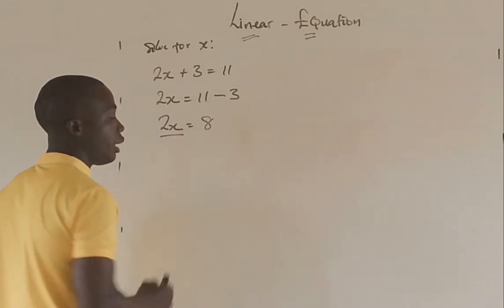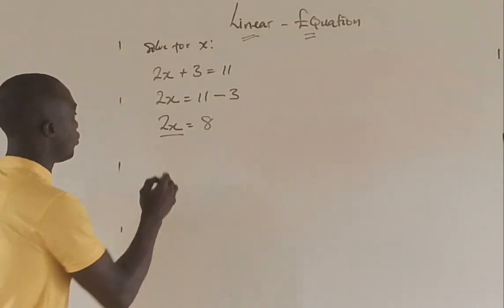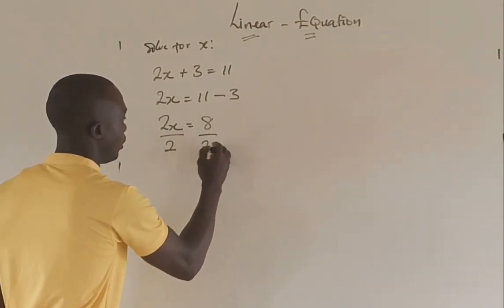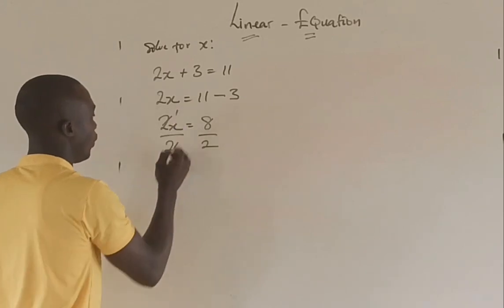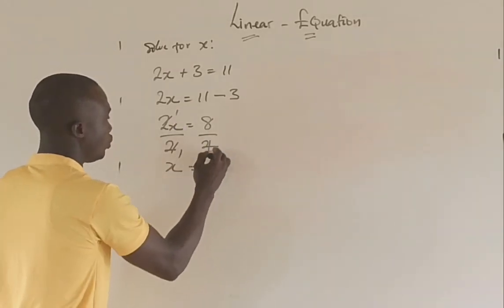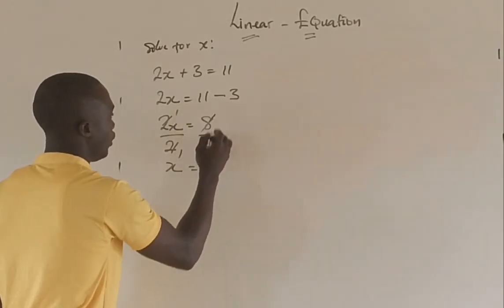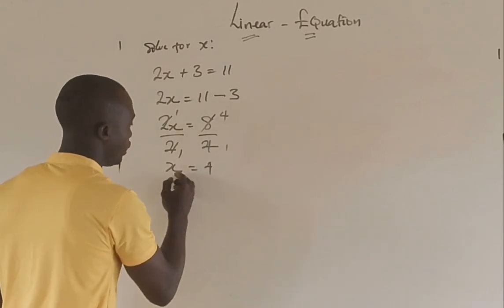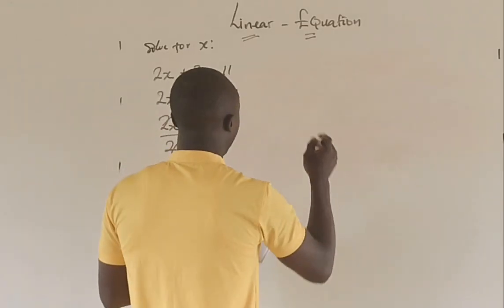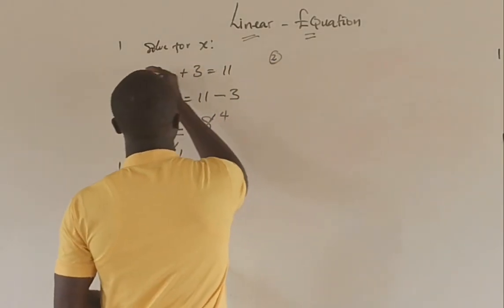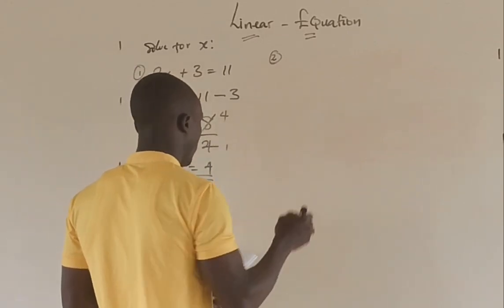Divide both sides by 2. 2 here 1, 2 here 1. We have x equals 2 here 1, 2 here 4. So x equals 4. That was number 1, and here we have number 2. It says: